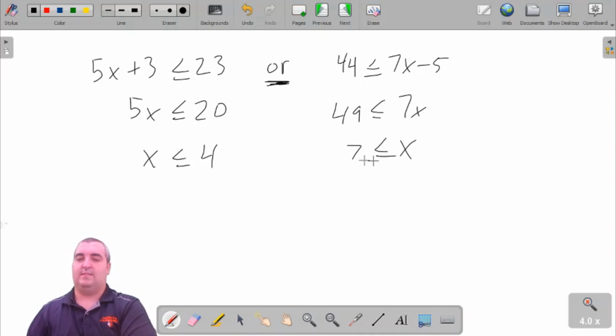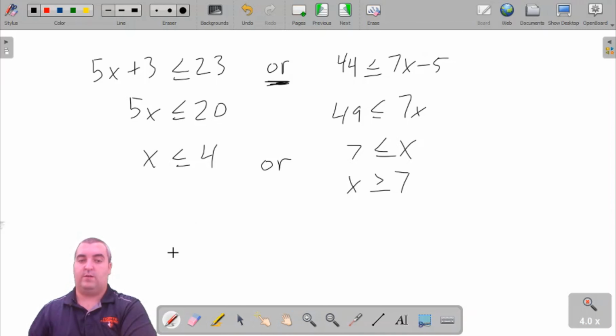Once again, like I said in the last problem, I don't really like the variable on the right side, so I'm going to go ahead and flip it. And when I flip the x and the 7, I have to make sure I flip that inequality symbol as well, right? So the opening has to still face x because it was facing x in this. All right. So like I was saying before, this is true or this is true for our solution for this